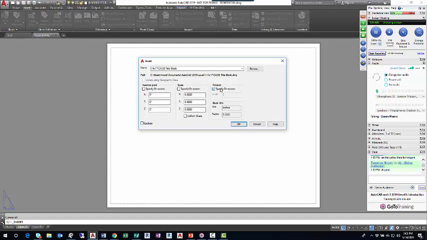And then most title blocks are intended or designed to be inserted into layout space at an insertion point of 0, 0 and a rotation factor of 0. So I'm going to uncheck Specify on Screen under Rotation, and that basically I'm just accepting the default settings or the default values in the Insert dialog box. When I hit OK,